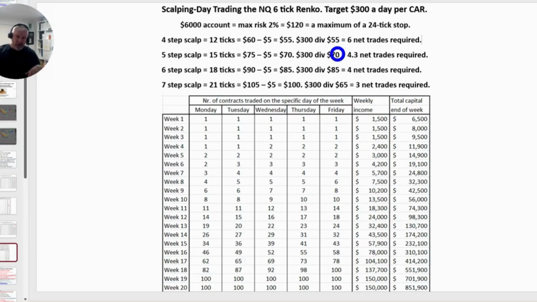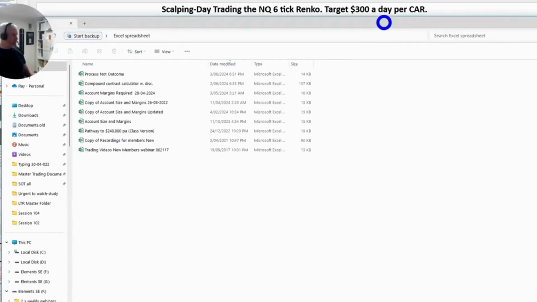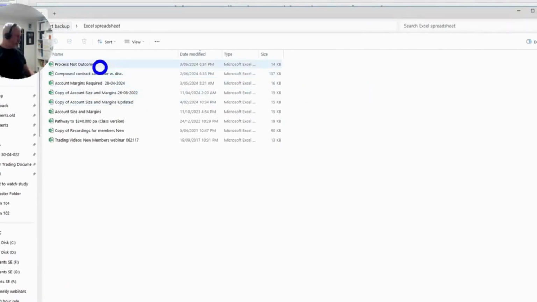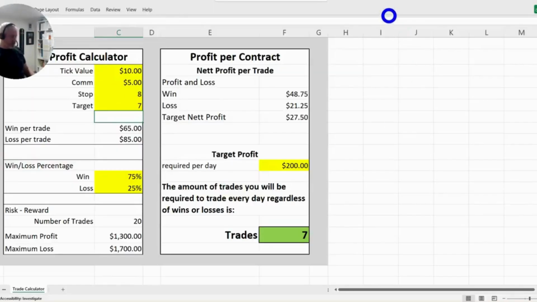In fact, let me just quickly show you this little tool that I have for members just on this. Most traders don't have a trading plan, not interested, and they're just flying by the seat of their pants. My job as your coach is also to help you put together a realistic trading plan with the proper money management rules. Yes, it might take you 6 months to 12 months to get there for financial freedom, but you've done it the right way. So just here with this profit calculator, and I'll just move it over to the side here a little,